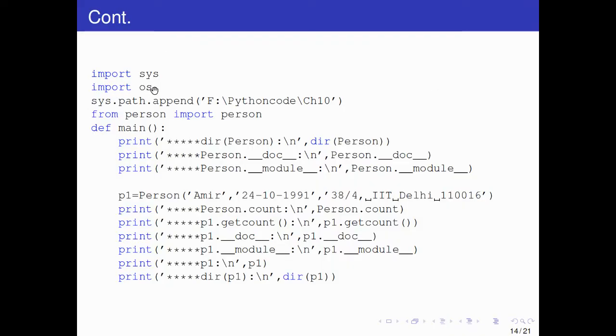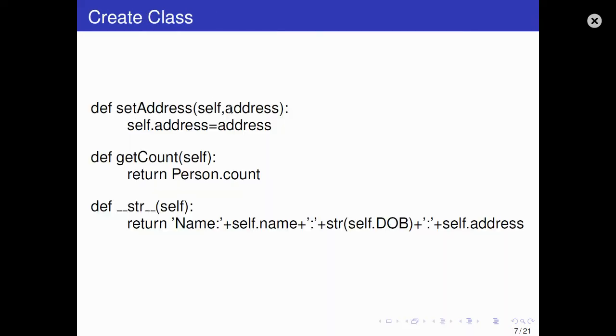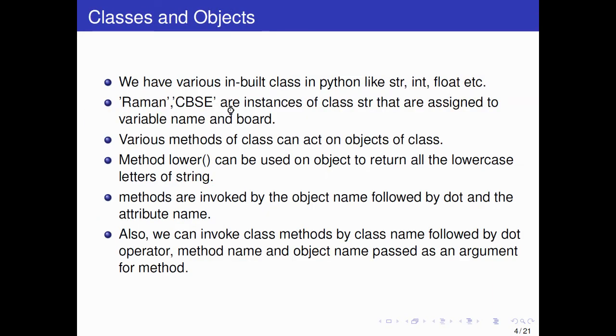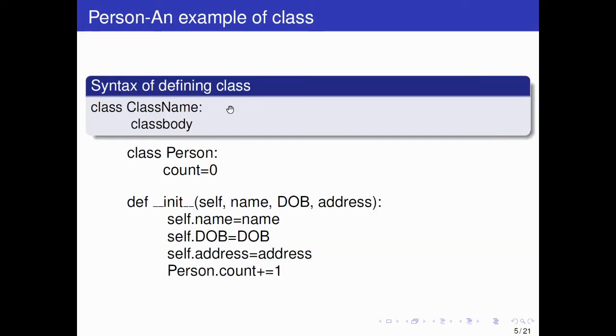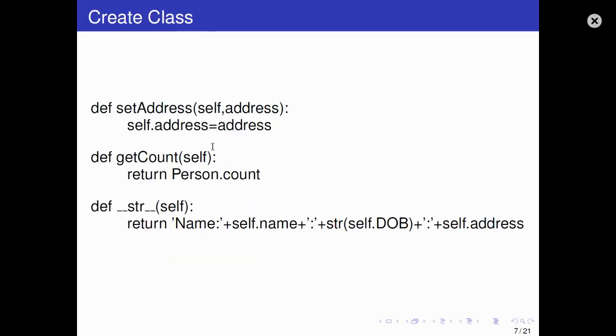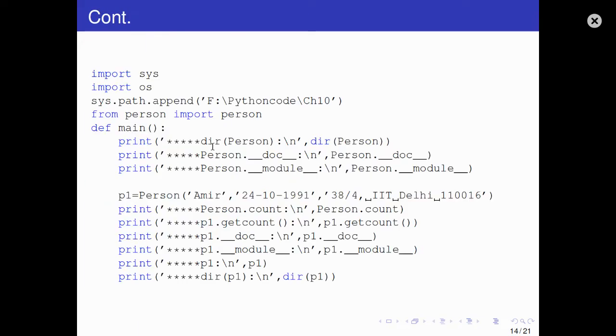So import sys, import os, and all this. This is the location where the program is saved. The same person, so a small p is wrong. We have defined it in the first file, so check the name of the class. It is a convention that we always start a class name with a capital letter. So the class is Person. Here by mistake it is a small p, so it will be a capital P.